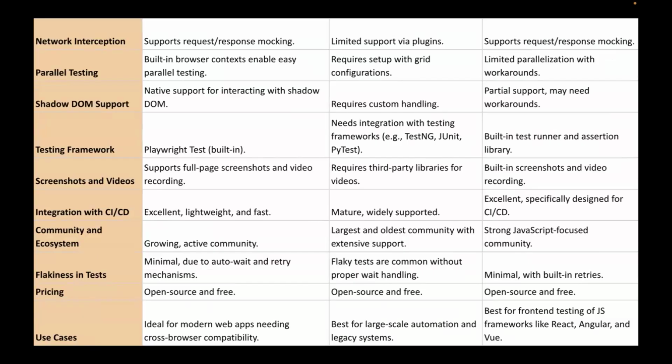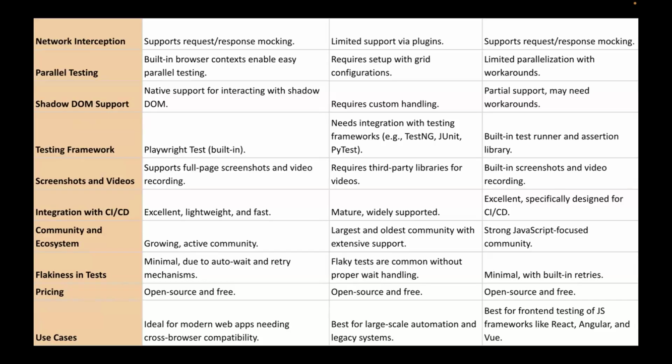Playwright has support for parallel testing, screenshots, and videos. The framework is inbuilt, with no need to integrate TestNG, JUnit, or other frameworks as in our Selenium system. And flakiness we can reduce based on the number of runs.